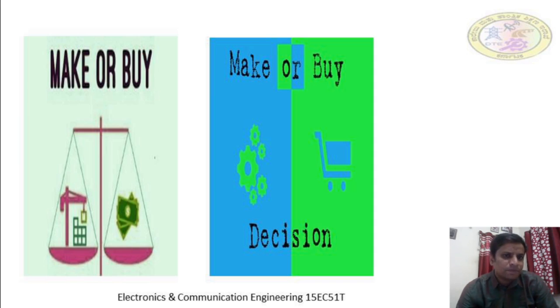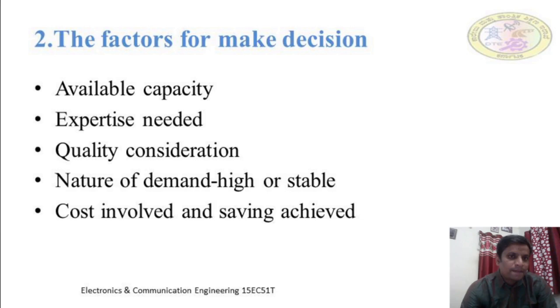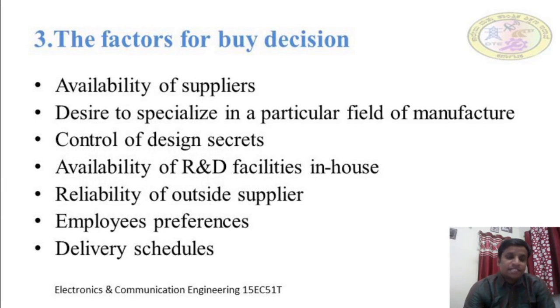This diagram shows whether we need to manufacture ourselves or whether we need to buy from other company. That is also a very important thing in the topic, that is make or buy decisions. So whatever I have said, to make the decision, these are the factors: available capacity, expertise needed, quality considerations, nature of demand, cost involved. Whereas the same factors for buy decisions are,